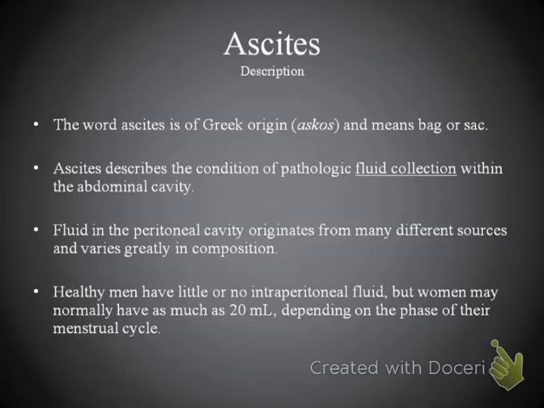So the first pathology of the gastrointestinal system that we'll actually discuss is ascites. The word ascites is of Greek origin, askos, and means bag or sac. Ascites describes the condition of pathologic fluid collection within the abdominal cavity. So this is important to remember, that it's pathologic fluid collection in the abdominal cavity, and so that's what ascites